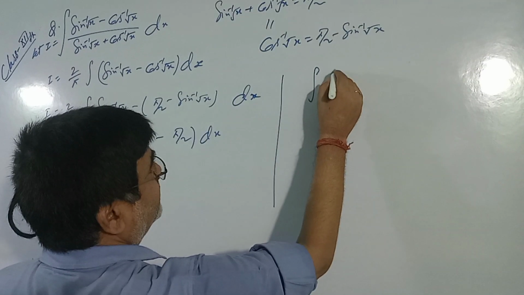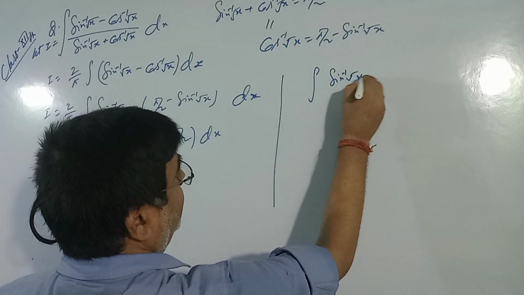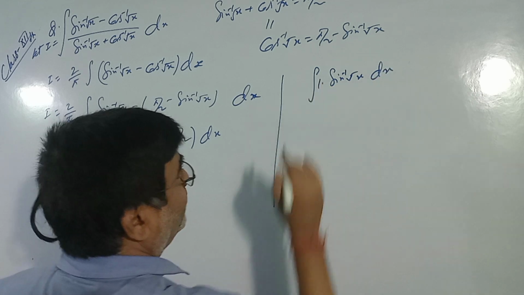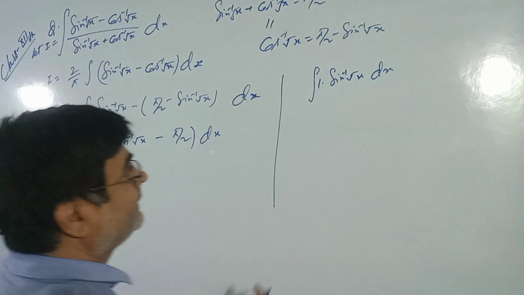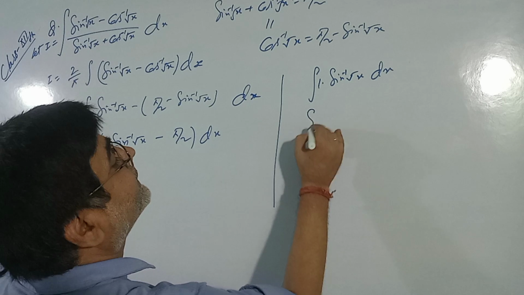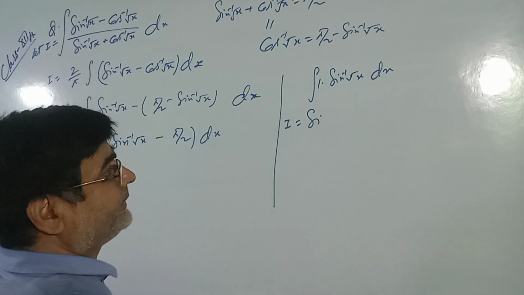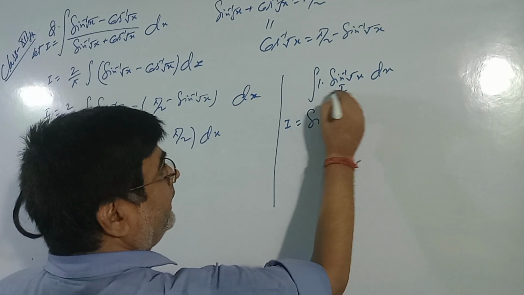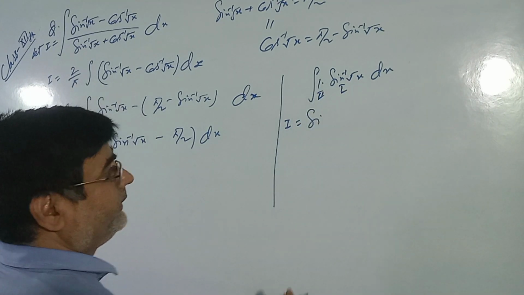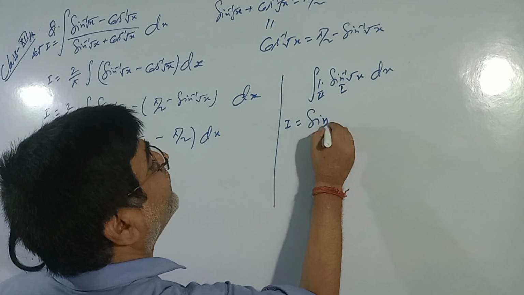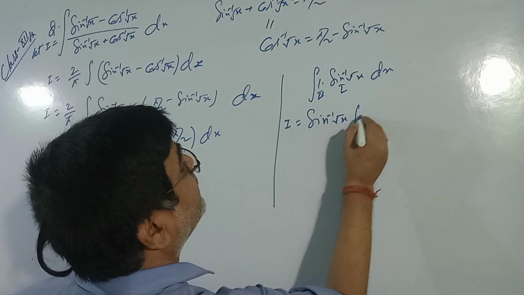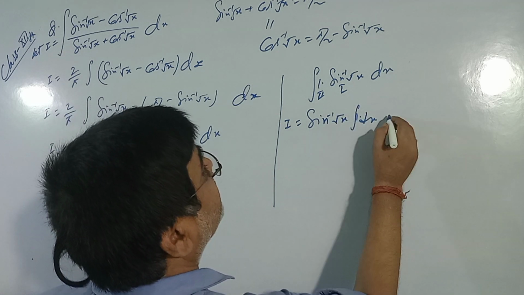Let I equal the integral of sine inverse root x dx. Let us assume this and apply integration by parts. The first function is sine inverse root x and the second is 1. So it is sine inverse root x into 1 into dx minus